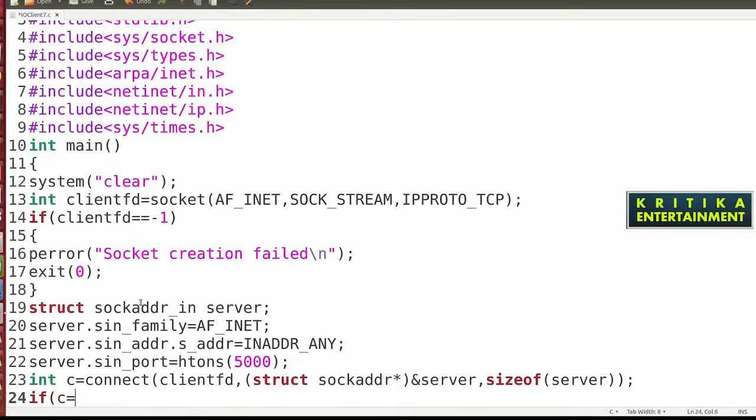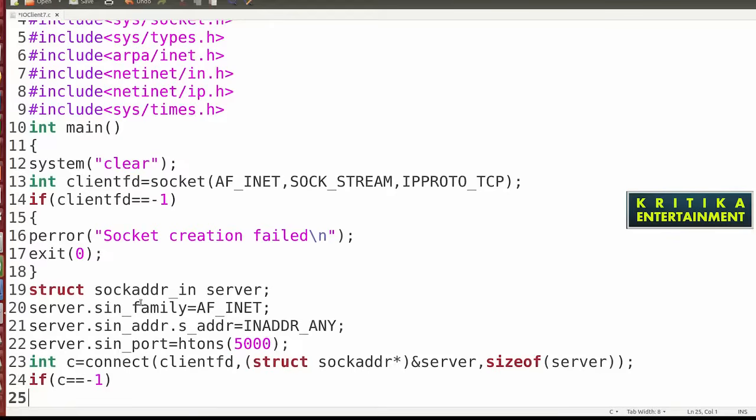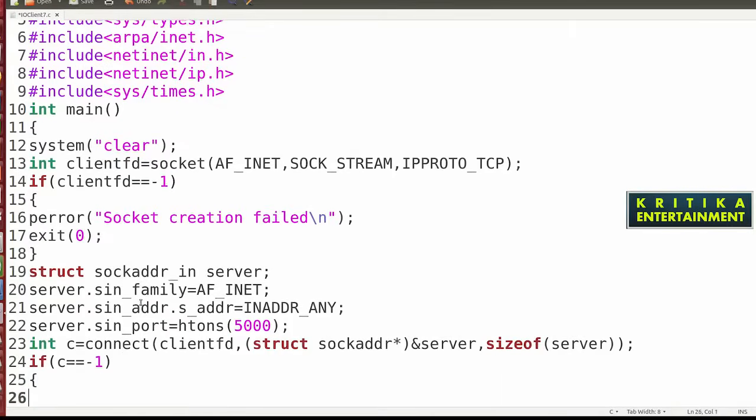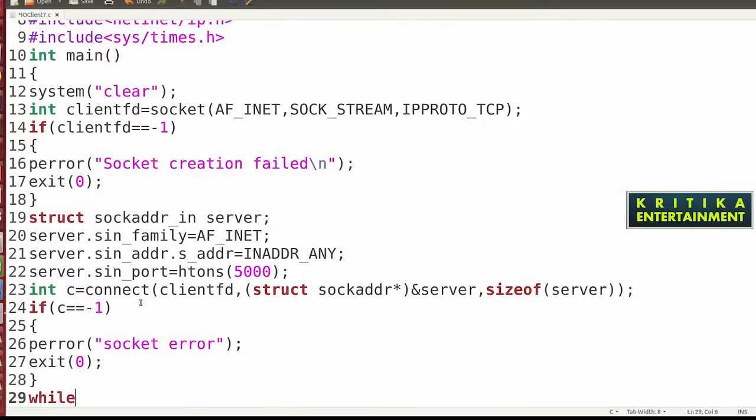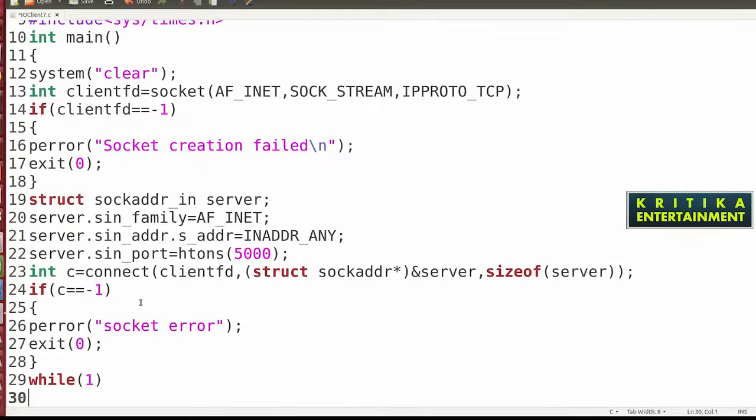If c is equal to -1, then start the bracket, perror, perror socket error, and close, then exit 0, and then while 1, then remember int, suppose int s for sending return data, then char snd 20.